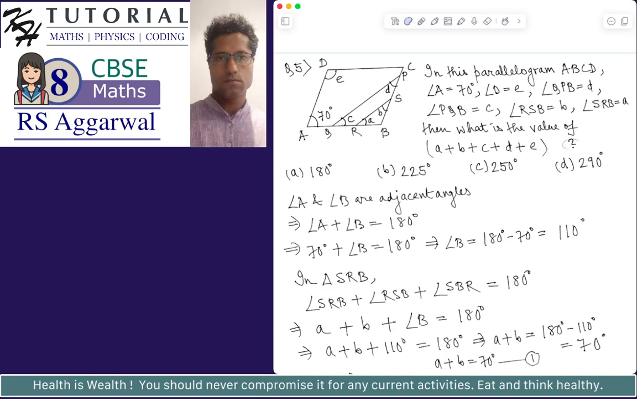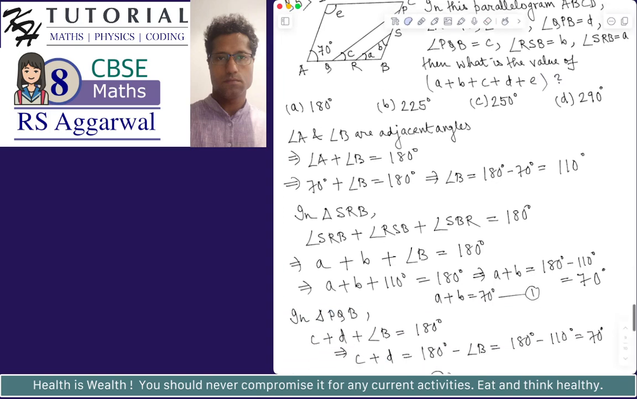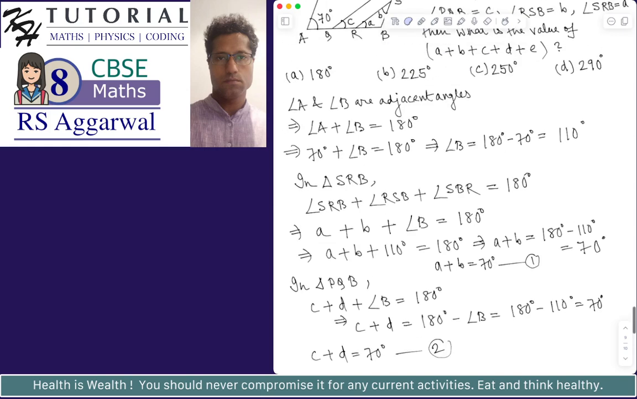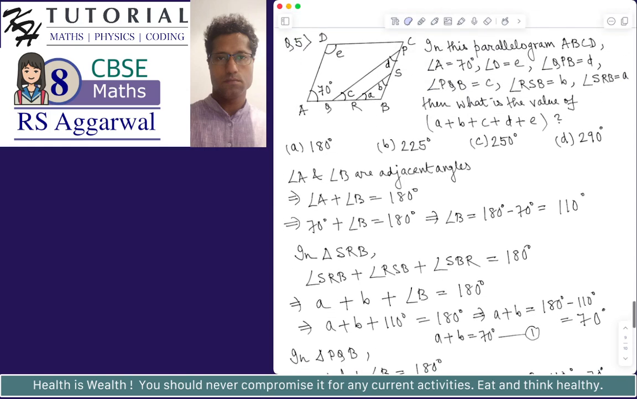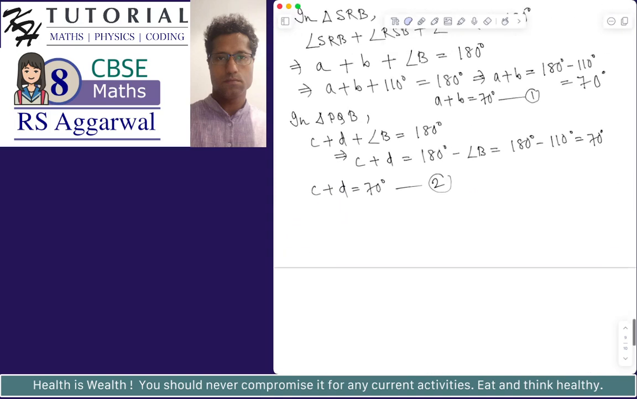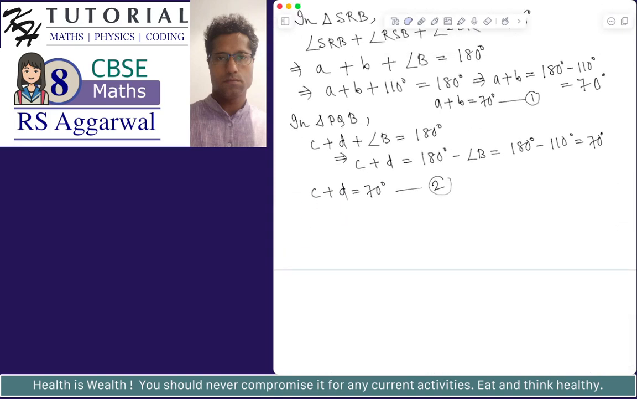Okay, so we have to find the value of the sum of the angles A, B, C, D and E. So we have found A plus B and C plus D. So we just need the value of E. What is E? We have found B, so we know that angle